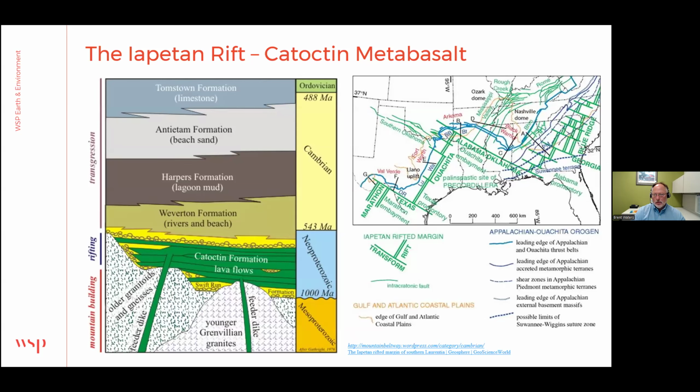I thought this slide was interesting. It basically shows the rift. Now we see the Mid-Atlantic Rift out in the middle of the Atlantic Ocean. Well, it's preserved. The older one, late Precambrian, is preserved right on the edge of the east coast and Gulf Coast of North America,